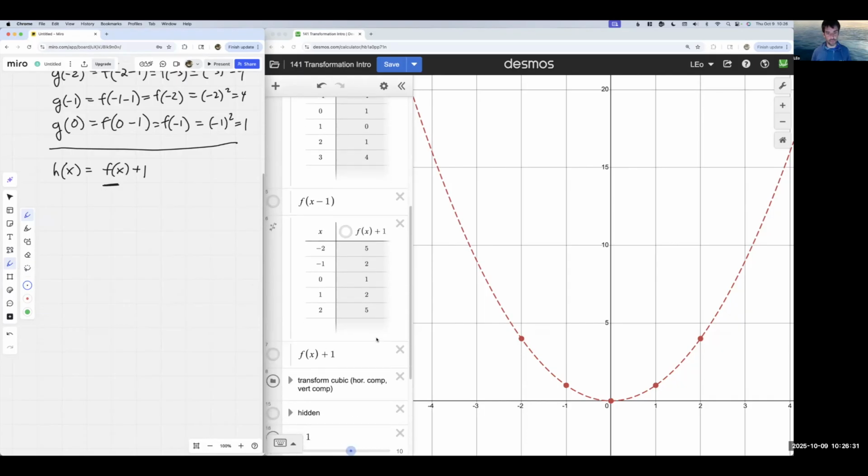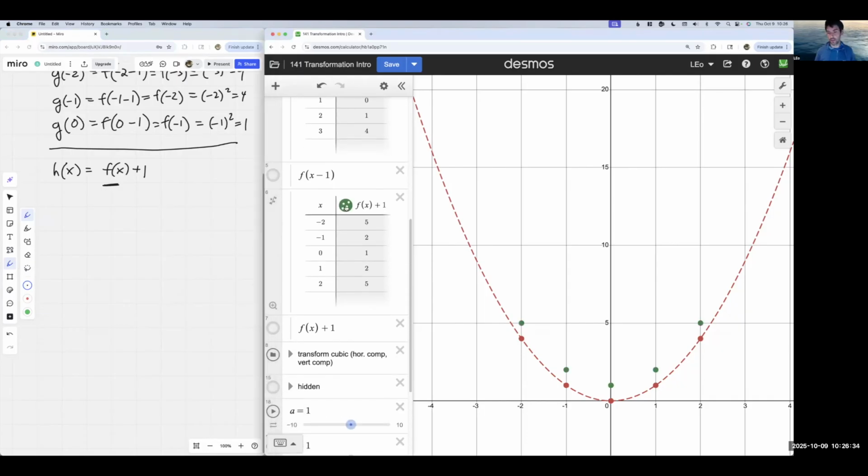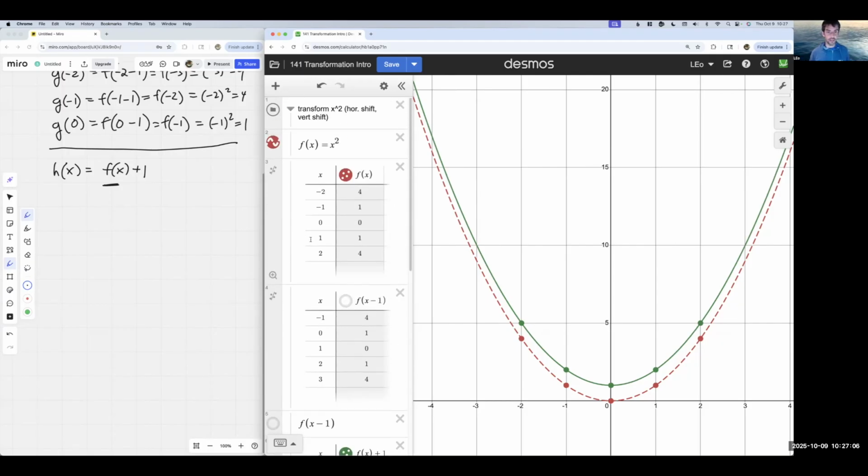And so what that will look like, all of these points, the green points are our new graph, are the old points just shifted up once. And we see a graph that's all shifted up 1 unit, okay? This is a different way that we can transform a function, right? And we see that, again, it's very related to what we started with, but with just a simple little change, we can describe something slightly different. Okay, let's